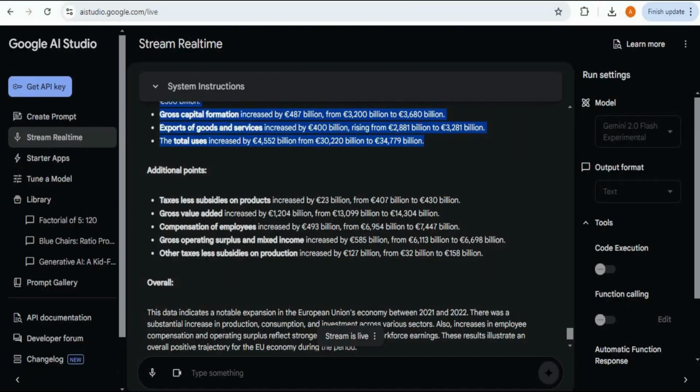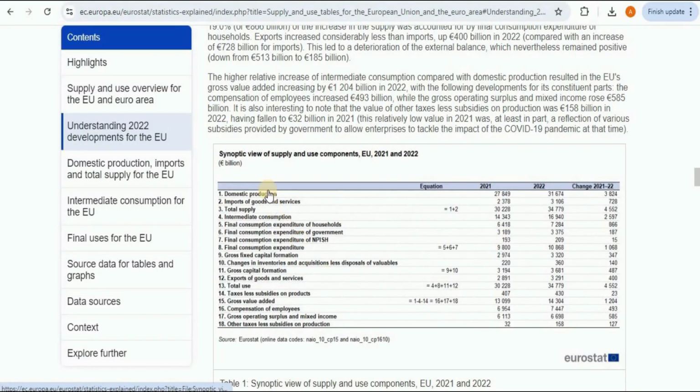But if you look at the table, you can see that there are just 18 items and 4 different columns, and there are values for all the different items which are present on the table. And then on the basis of this information, just like we asked the Gemini 2.0, it extracted only the table information instead of extracting information from the entire page. And then it performed analysis on this information as well and provided us its JSON form.